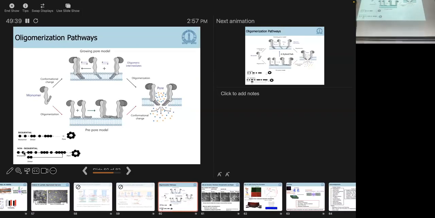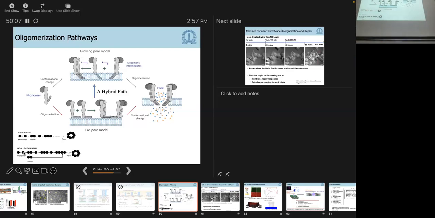So these are the kind of oligomerization pathways that have come out. I mean, we are not able to conclude whether it's this or this clearly, but we're able to say that indeed, these pathways are possible. These are stable intermediates. You can form these in the membrane. Our modeling with the lysis kinetics indicates that these partially formed states can form early on and then insert into the membrane to give you these states. So it's some hybrid mechanism really which is going on between these two mechanisms. And then we've said something about the pore forming kinetics.